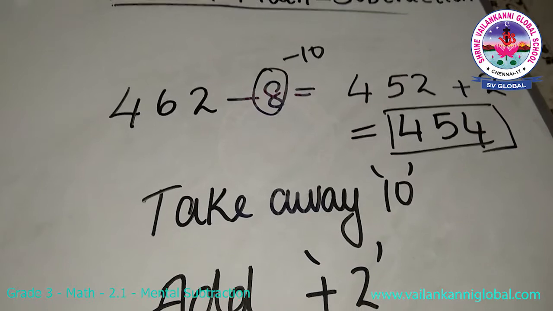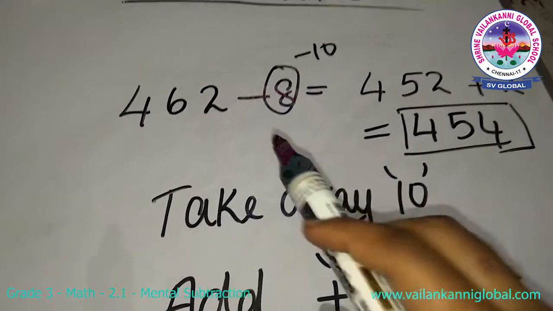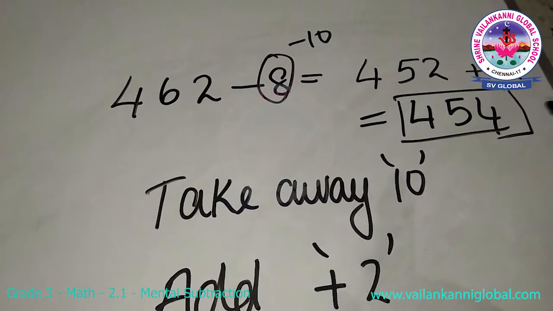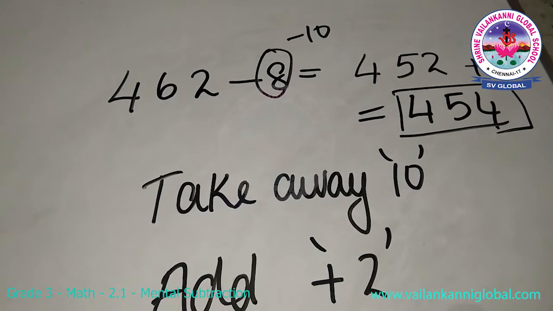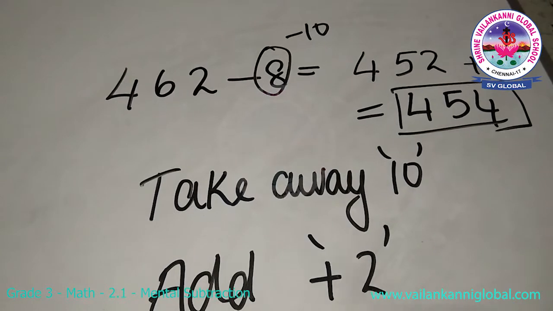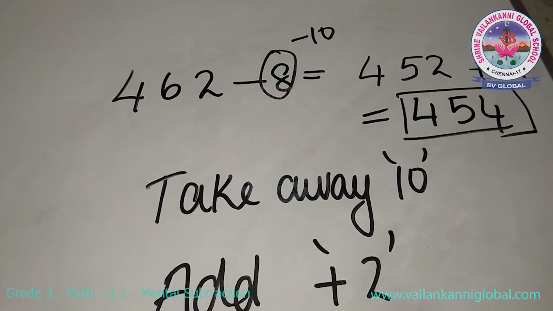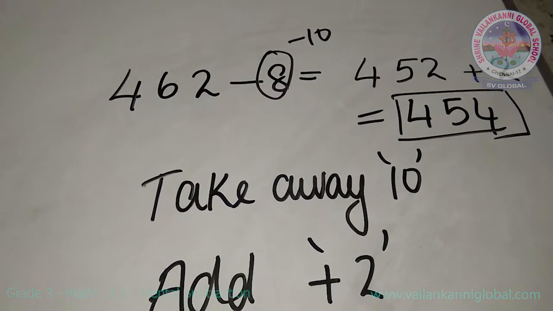In this way you can make your own steps and find out the shortcut to be done mentally without using a pen and paper. For now it may seem a bit tough, but when you practice all these steps using lots of problems and lots of sums, it becomes easier. You can easily calculate it mentally without using a pen and paper.